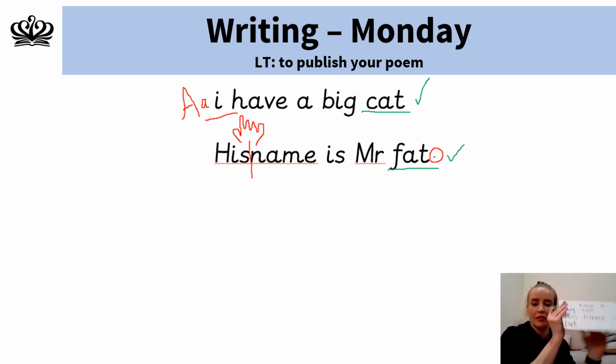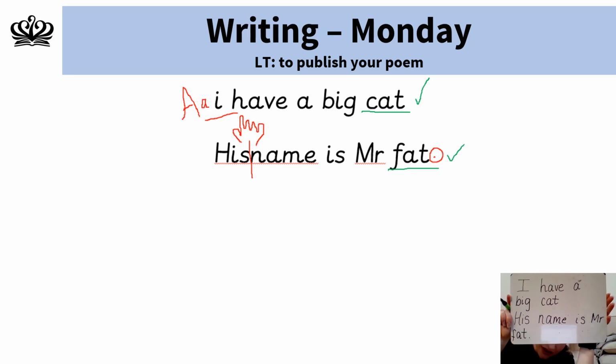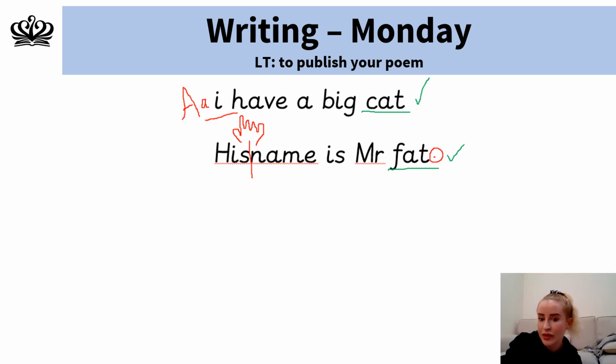Okay? Sorry, I'm not very good at this recording yet. But this is what I want you guys to do. I don't want you to write anything new. You're just perfecting the work that you guys did last week. So whenever you're publishing it, you're just looking at the work that you did last week, editing it, making sure that you have used capital letters, finger spaces, full stops, double check that your words are rhyming, and then when you're publishing, try to make your handwriting as neat as possible and maybe do it on a nice piece of paper. And once you're finished as well, you could design the piece of paper, you could put on some borders,